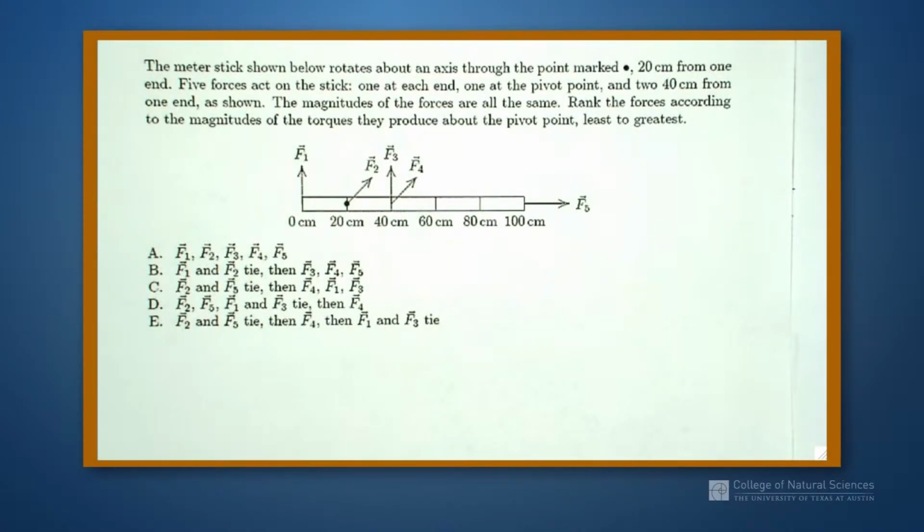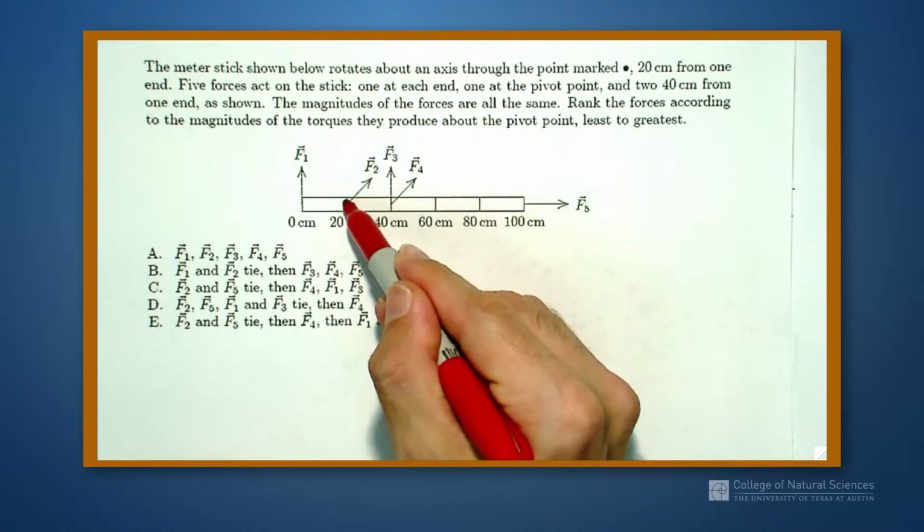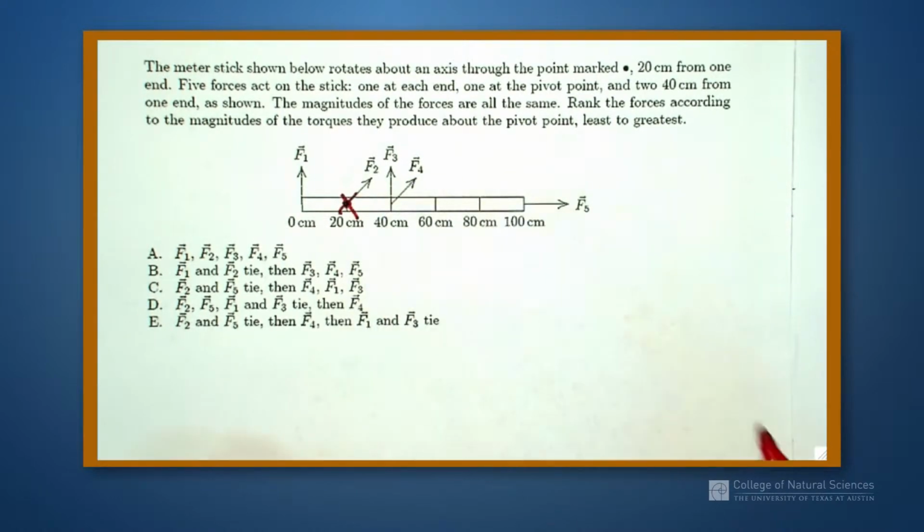All right, here's one of these dreaded order-of-magnitude problems. We have a meter stick that's rotating about an axis marked with the dot at 20 centimeters. So we're rotating about our axis right here. Five different forces act on the stick, each one labeled as shown. If each of the forces is the same force, we want to rank them according to the